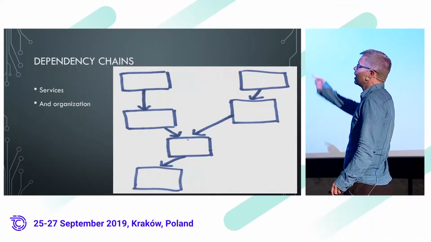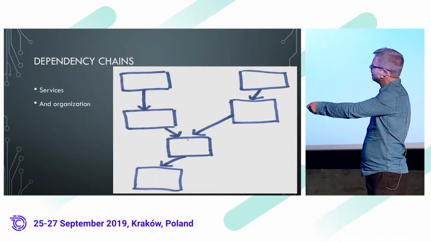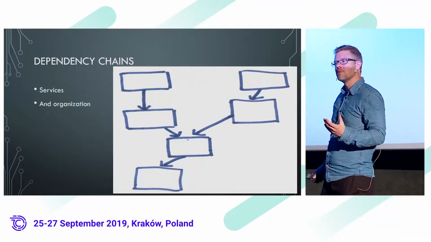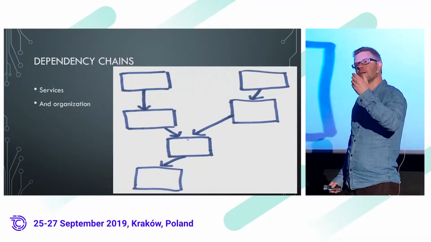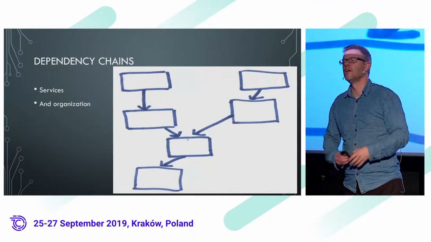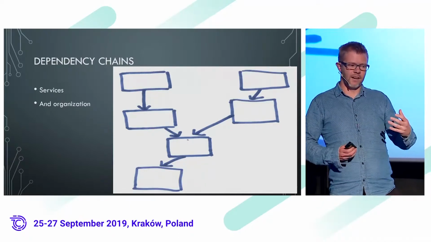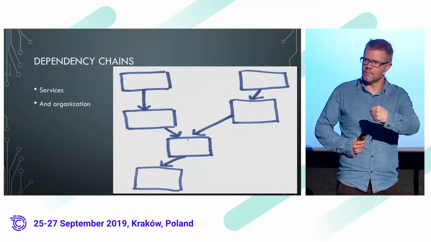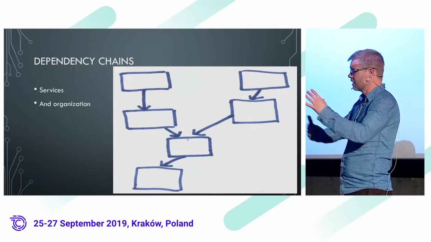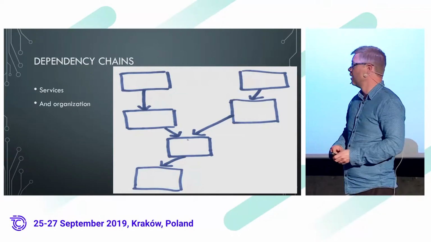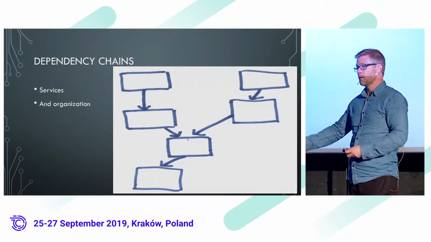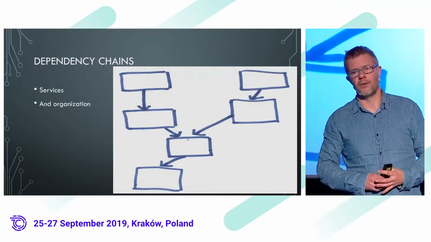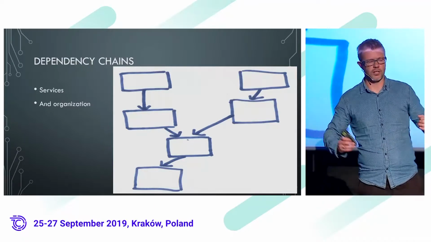Not creating these chains of dependencies, and making these arrows, in a manner of speaking, as thin as possible. So making the coupling as low as possible. That's often done by having event-based collaboration instead of synchronous calls between them. It means that things aren't temporally coupled: we don't call things explicitly, we just put events on a queue, for instance, or a bus. That's usually a lot better for keeping these away from each other.